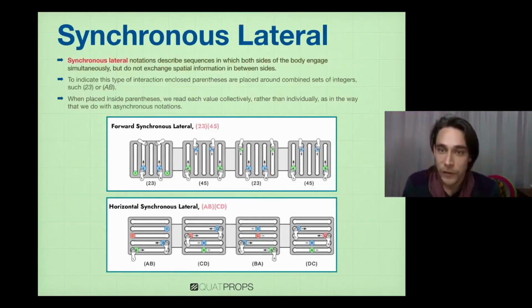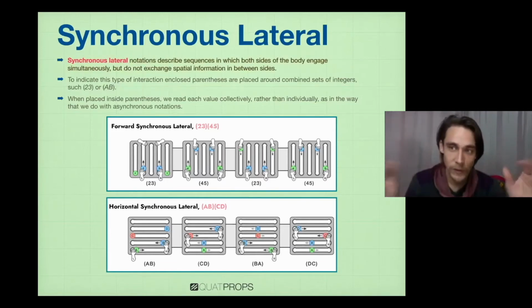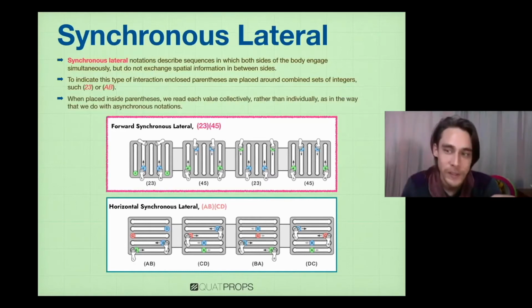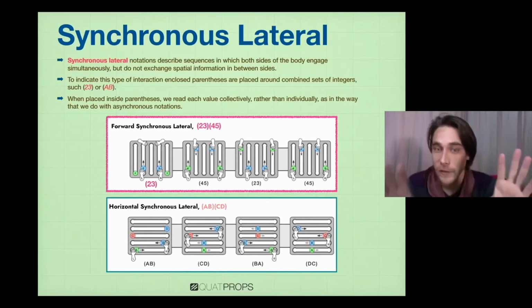For synchronous lateral, this is when we use the same action. When we do the two things at once, right? At the same time, both sides of our body simultaneously. And for this, we use parentheses, just like we do in site swap notation. And here, when it's numbers, we read it as a whole number. So in the first example, it's 23, 45. And that's how you can hear the difference between synchronous and asynchronous. If I say to you 2, 3, 4, 5, that's asynchronous. If I tell you 23, 45, you know it's synchronous, right? And it works the same way. It's pretty literal. 23 is the first beat, 45 is the second beat, and then we go back 23,